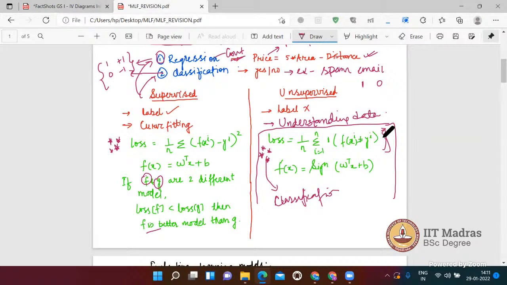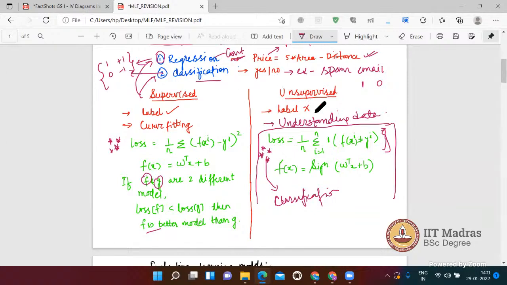Here also, if you have defined two algorithms, for example 1 and 2, and you find that the loss for the first is less than the loss for the second, then you can say the first model is better. Whenever you have a lesser loss, you can say this model is better compared to the other. So this was supervised learning, which can be classified into regression and classification. Regression has a continuous label, and classification has some sort of discrete label, like 1 or 0, that is simply a yes or no type of question.